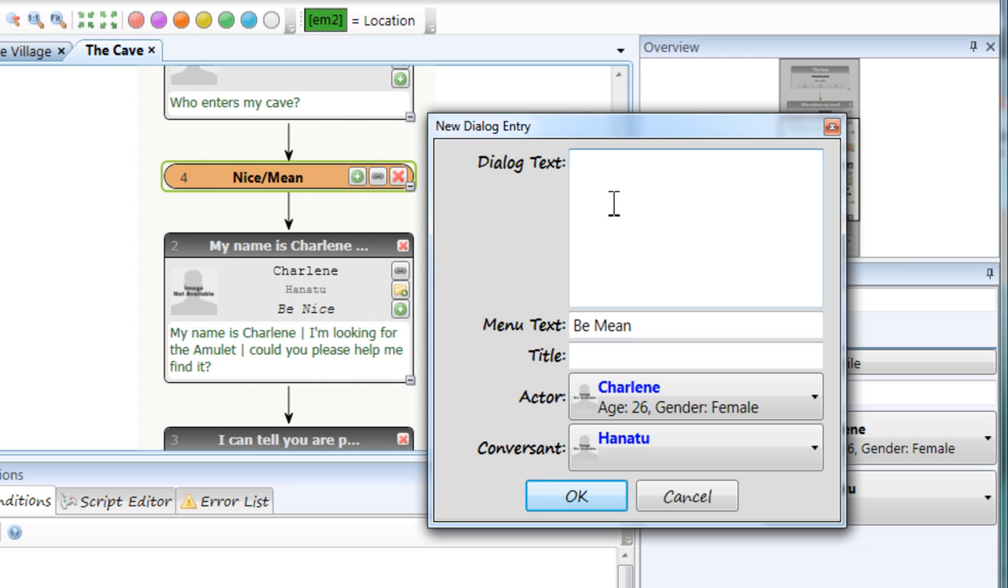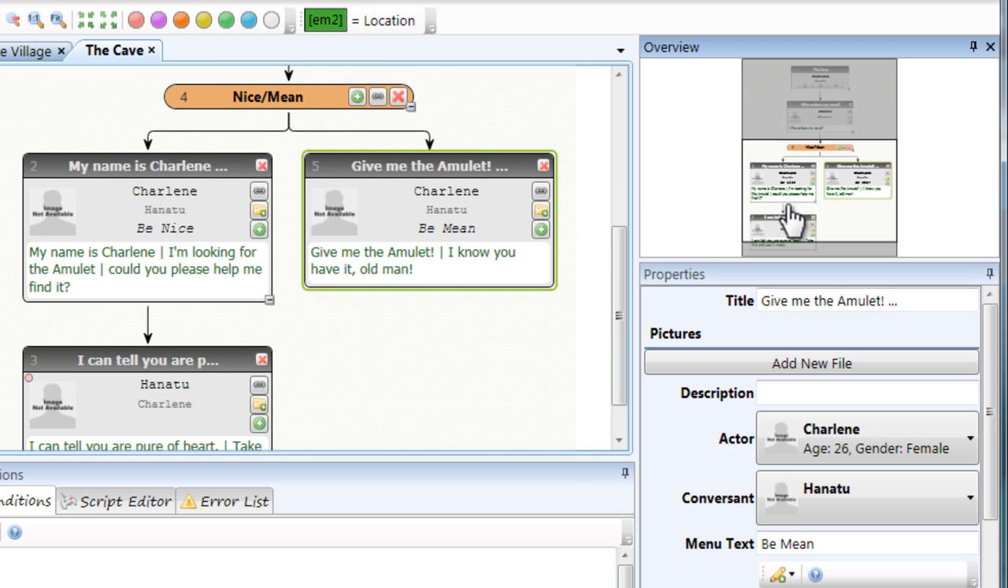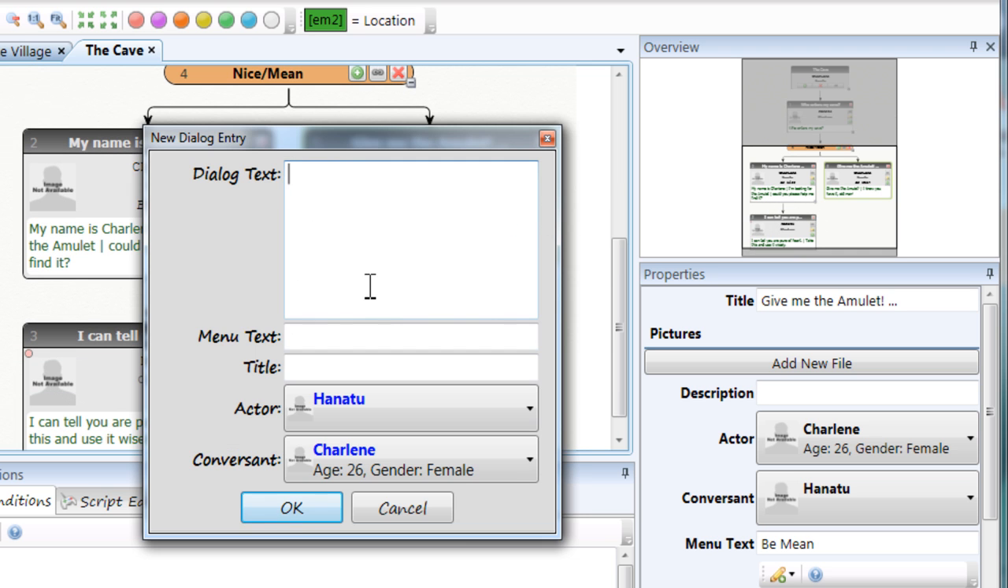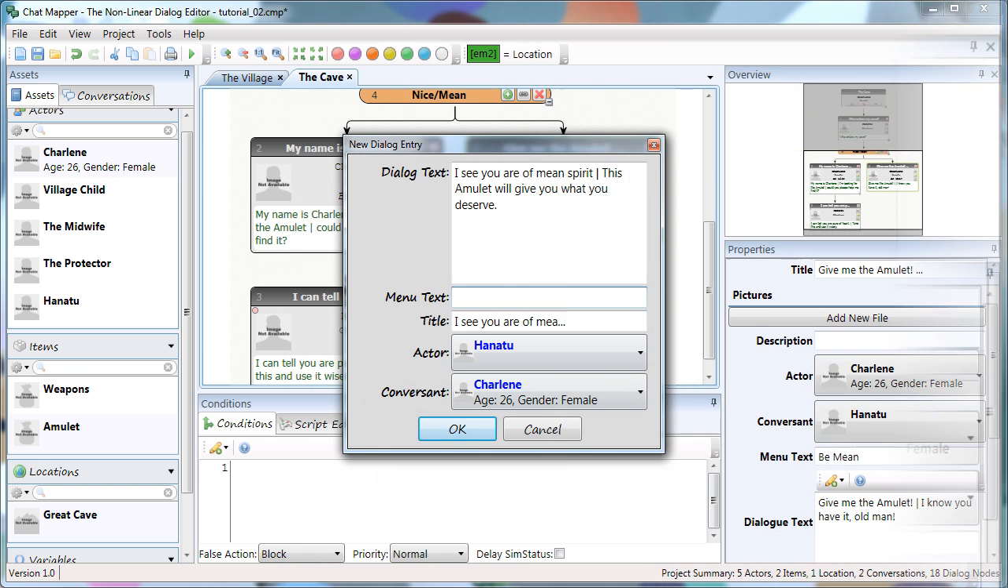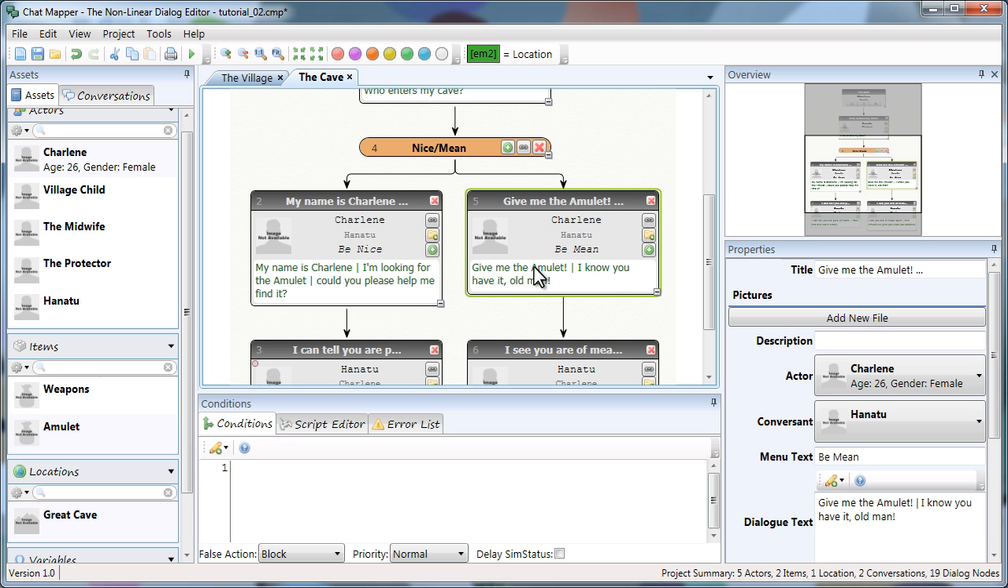And I'm going to say, give me the amulet. I know you have it, old man. That's pretty mean. And the response to that will be, and to make this work, when you choose this option, give me the amulet,